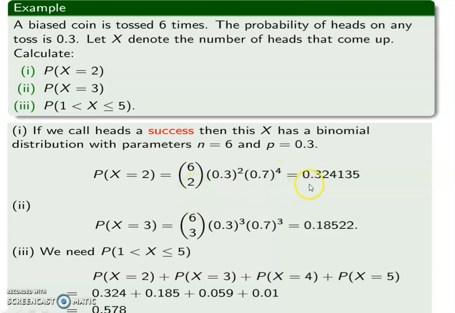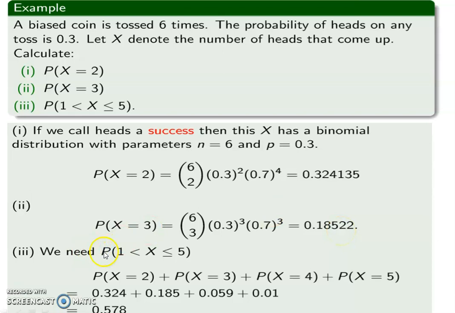So you just need to find what 6C2 is. 6C2 is 6 factorial divided by 6 minus 2, that is 4 factorial, into 2 factorial. Do it, you will get the answer. Then similarly for P of X is equal to 3, you need to consider k as 3. Substitute in the formula n k, n is 6, k is 3. Then you will get p power k, k is 3, p is 0.3, 1 minus p is 0.7 whole power n minus k. n is 6, 6 minus 3 will be 3. So you get the answer